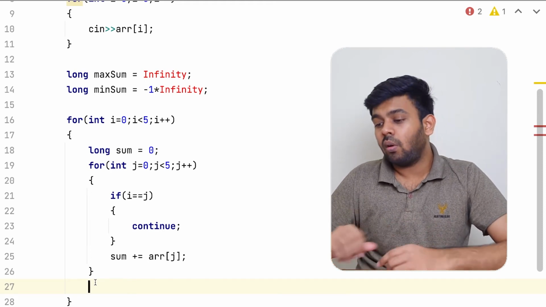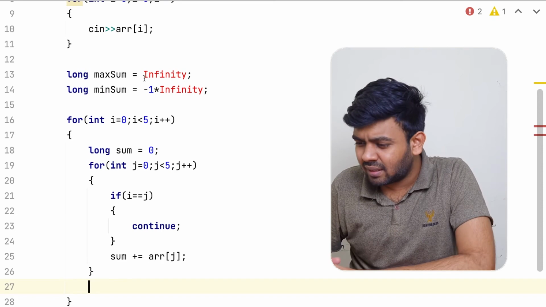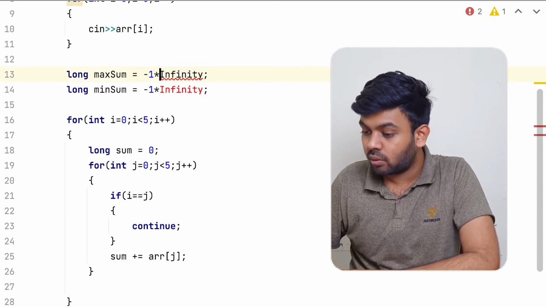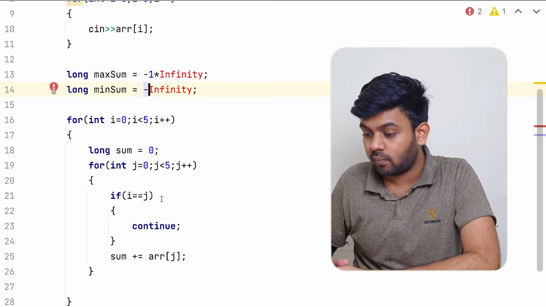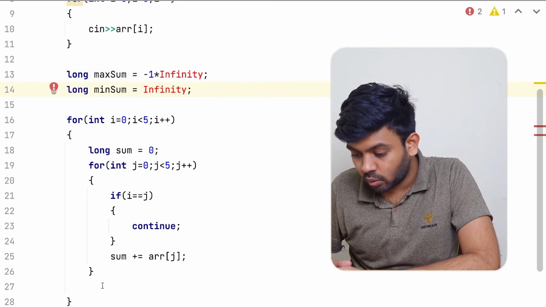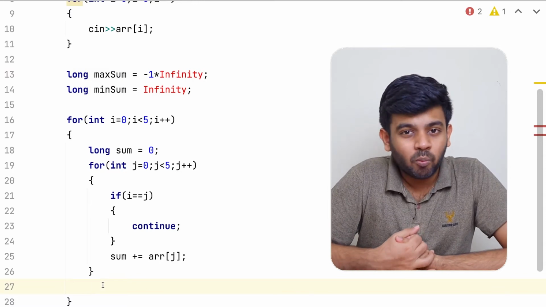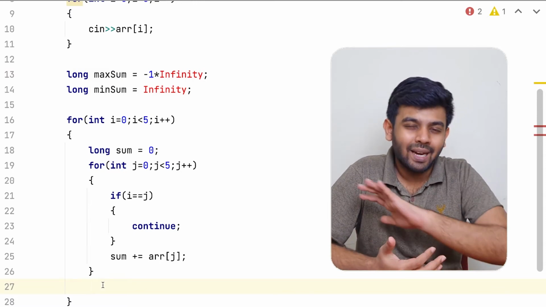Okay, I just gave it in the opposite manner, right? So this should be -1 into infinity and this should be infinity. Yeah, okay.